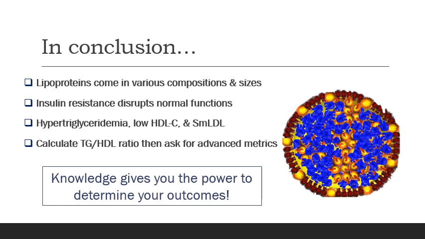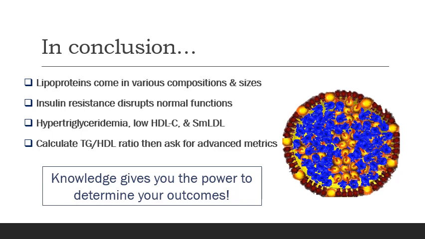Well, that wraps up this lecture on the atherogenic lipid triad. In conclusion, we know that the lipoprotein particle is the carrier for our lipids that move around the body. We also know that insulin resistance disrupts the normal function of this lipid trafficking. And when things get wonky,